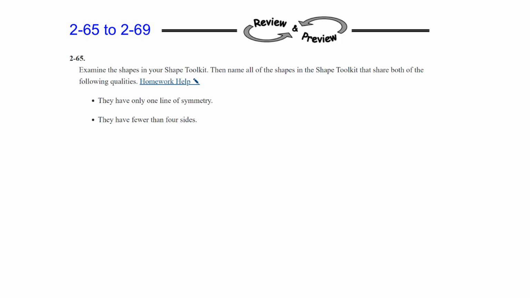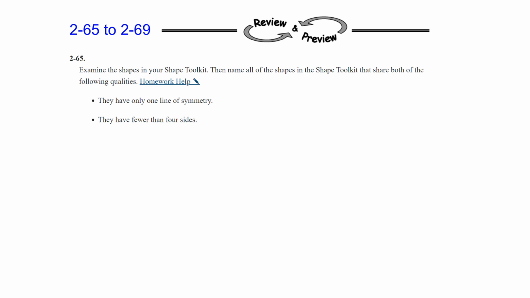Question 65. Examine the shapes in your shape toolkit. Then name all the shapes in the shape toolkit that share both of the following qualities. They only have one line of symmetry, and they have fewer than 4 sides. So you need to make sure you get out your shape toolkit so you can look at the different figures